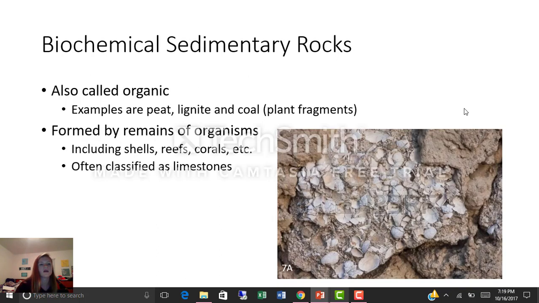Biochemical sedimentary rocks. These are also called organic, as they are made by processes of organisms. Some examples of biochemical sedimentary rocks are peat, lignite, and coal. These are all known to be plant fragments. Other examples include remains of shells, reefs, and corals. Sometimes we classify these as limestones. These are formed by organic processes and commonly contain fossils of the organisms responsible for the